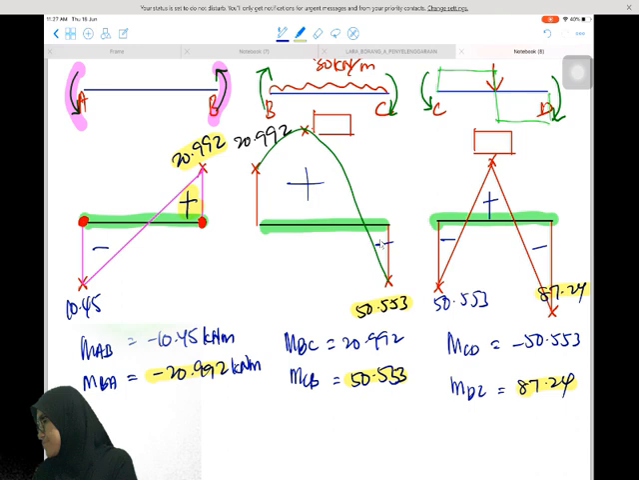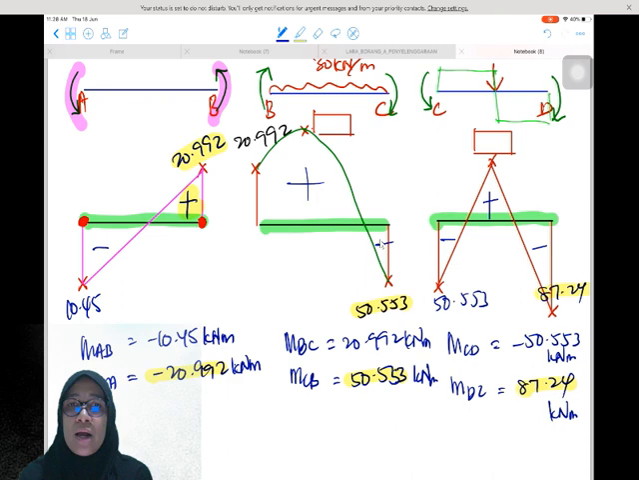Okay. So this is the bending moment diagram where we do it separately. I do it like this in order to guide you through the simple process on how to draw the bending moment diagram. So next time whenever you do an exercise, after you have determined the moment